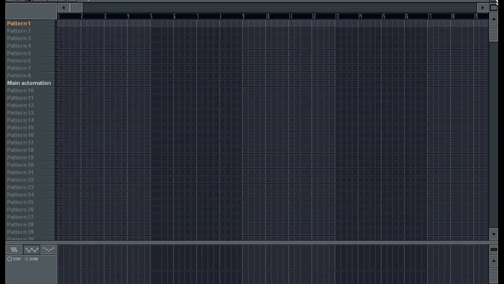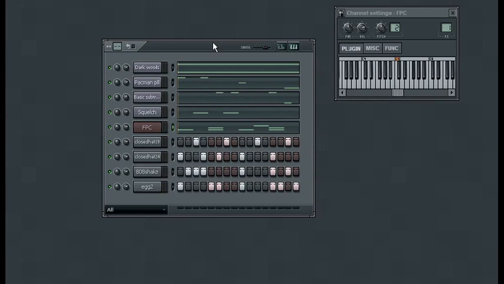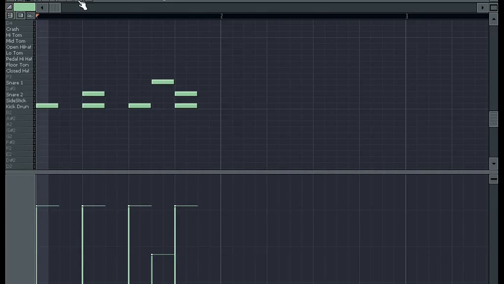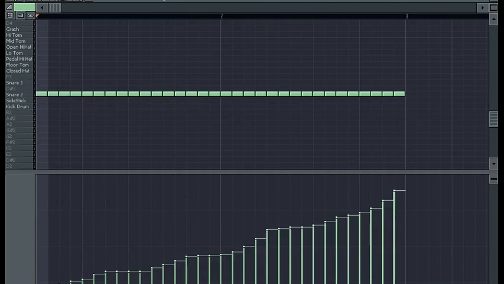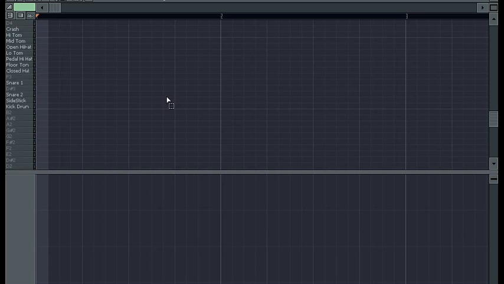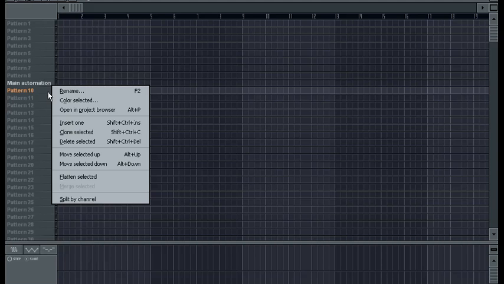So I'm not going to make you sit here while I do it all, but just to show you what I'm talking about, for instance, we'll start here with the kick drum, and we'll just copy that, and I'm going to start on pattern number 10, and we'll just paste that there, and then we'll rename pattern number 10